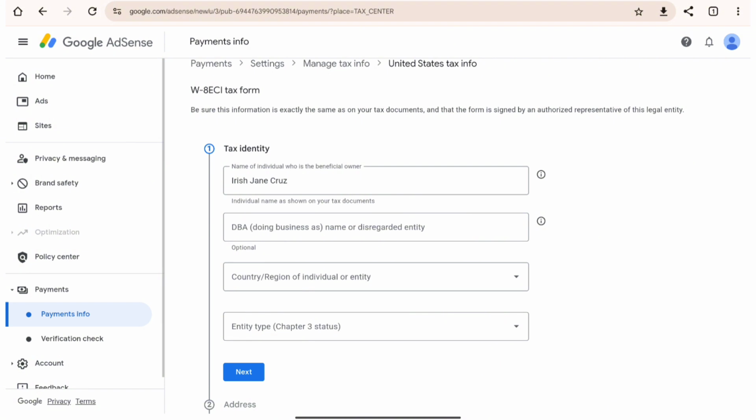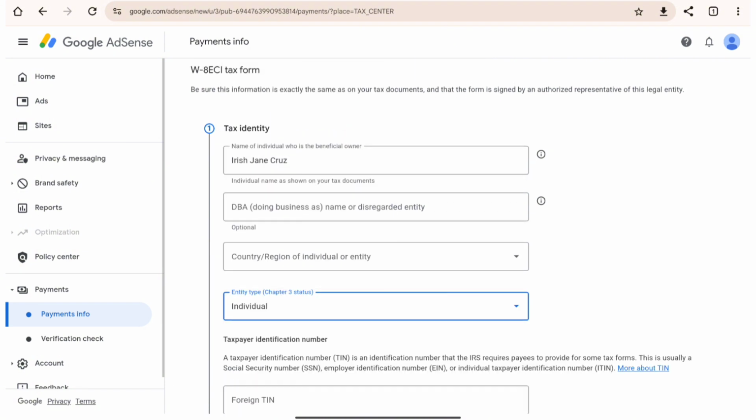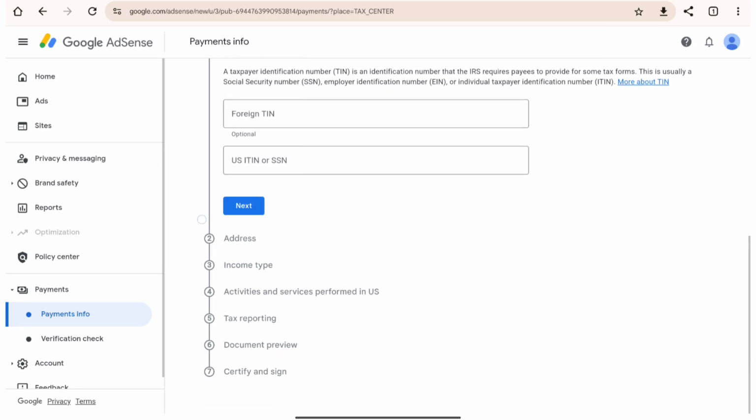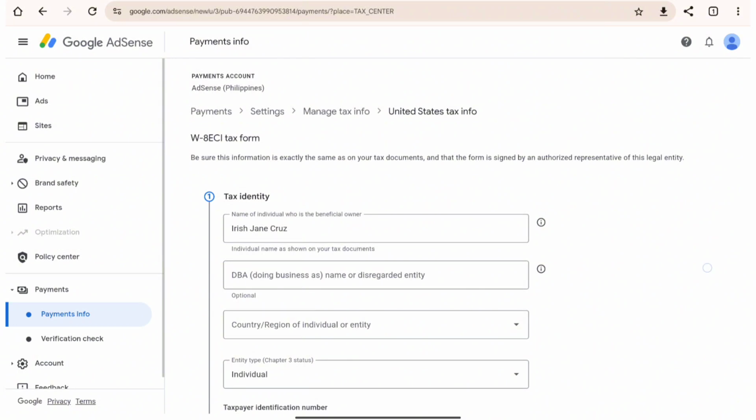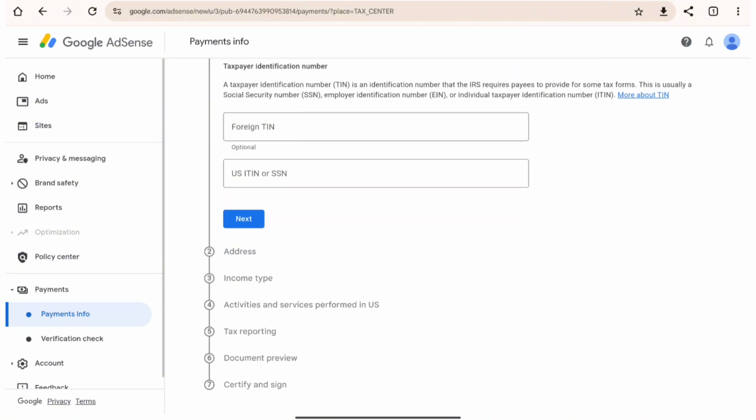where you'll need to enter all of your required information such as your tax identity, address, income type, activities and services performed in U.S., tax reporting, document preview, and your certification and your sign to confirm that all of the information that you've entered in this section is correct. And that is how you can simply submit tax